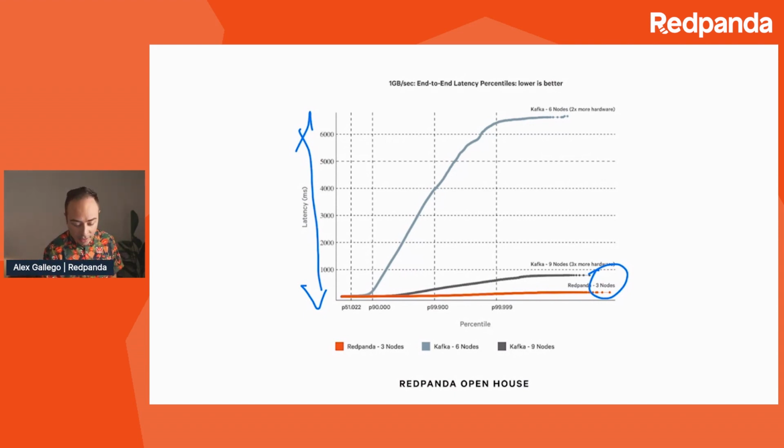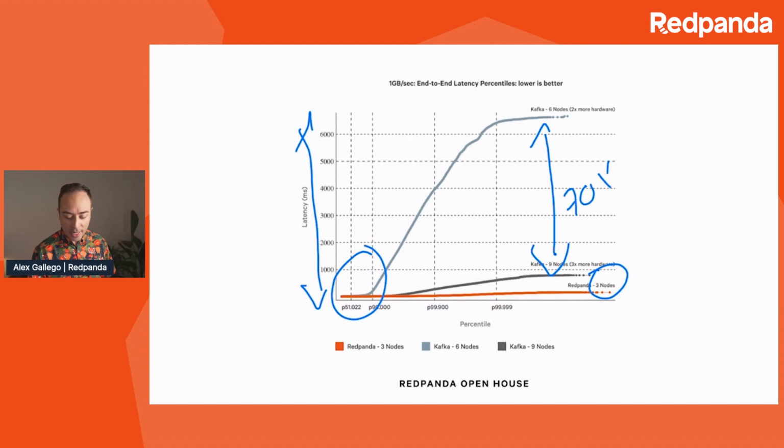And so typically when you log into other products, this is what the dashboard showed you. Hey, your P99 is looking pretty good. And you're like, wait, but I want to understand the entire latency distributions, because at saturation, when there's a particular anomaly, you need predictability from a system, right? Otherwise, this type of thing tends to cause cascading failures. And so at that sort of throughput, which is a gigabyte per second, you're experiencing here 70x lower latencies.